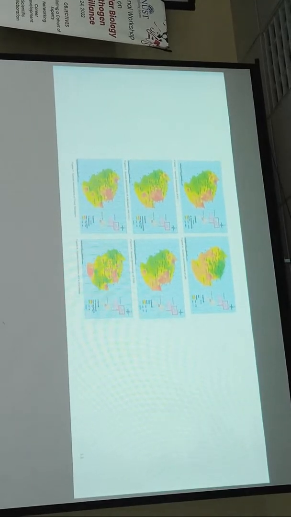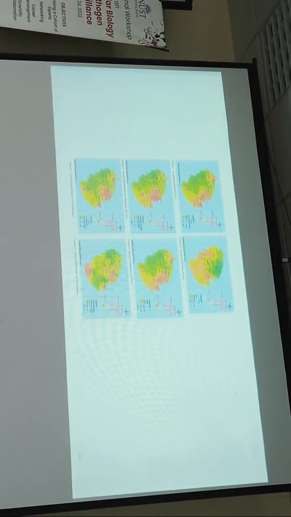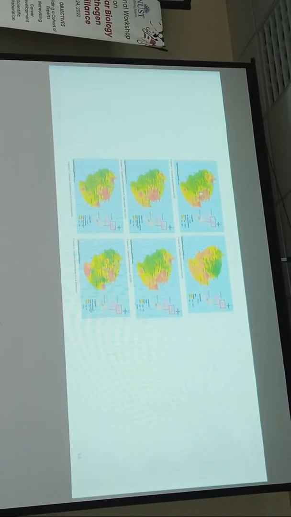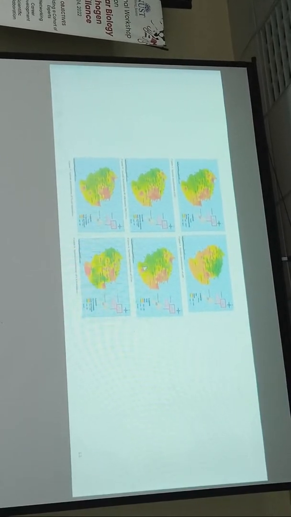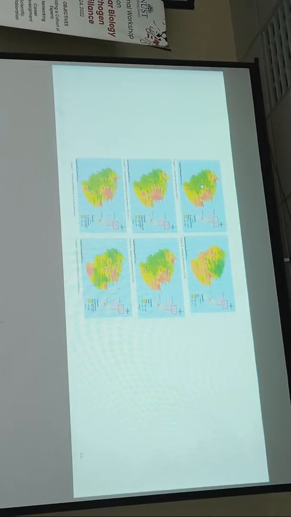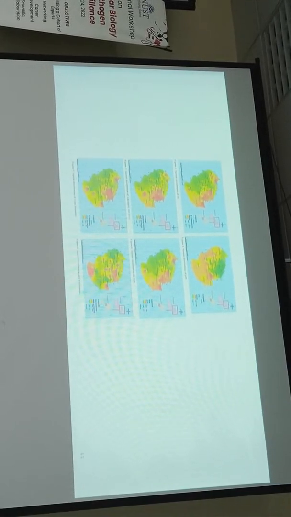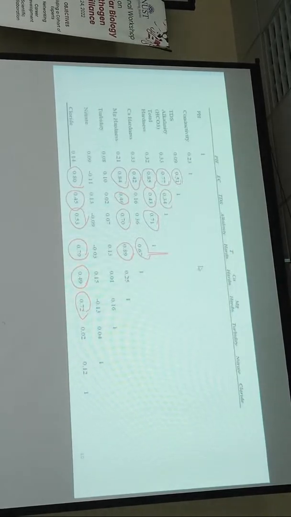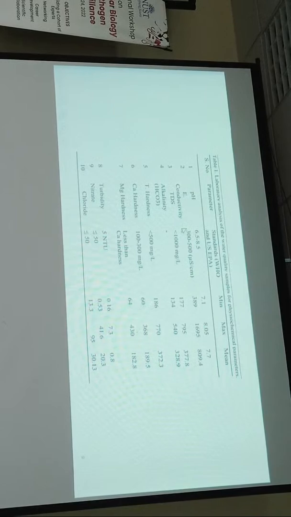So here are the different spatial distribution maps of different parameters. Let's say the EC, the pH. So from those spatial distribution maps, you can tell where the problem is, rather than if you go back and use a simple